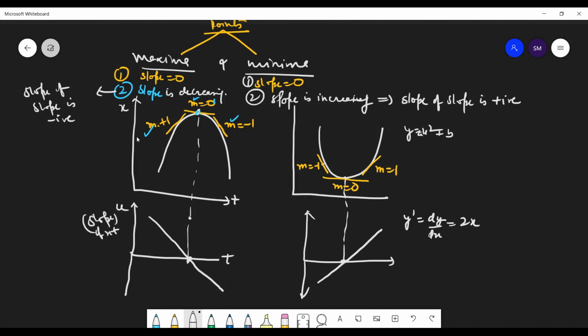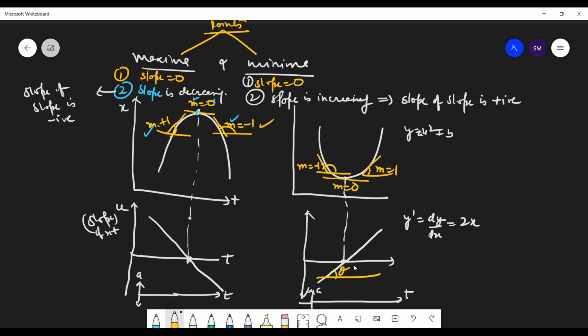So have you got the meaning of slope is decreasing, and here the slope is increasing. So if you draw the graph of, again, slope of it means that is the acceleration time graph. Yes. So what do you get? This is a constant slope, but is this negative or positive? See the tan theta, that's the easy way out. Like here also we are trying to find the theta. Theta is in second quadrant, this is negative. Here the theta is in first quadrant, positive. Here the theta is in first quadrant, positive. Here the theta is in second quadrant, negative. Got it?